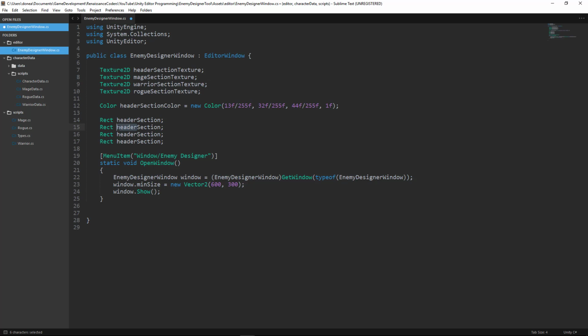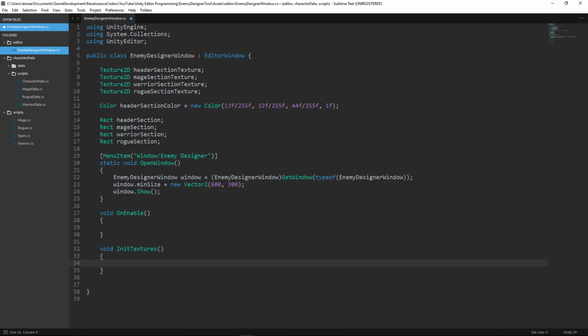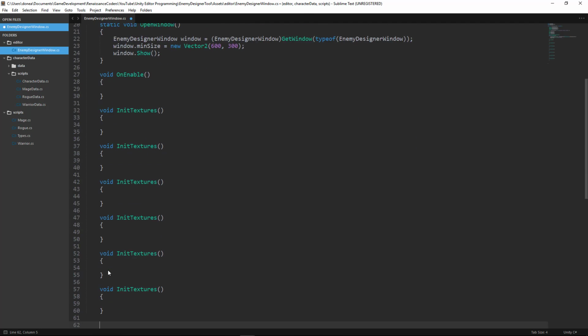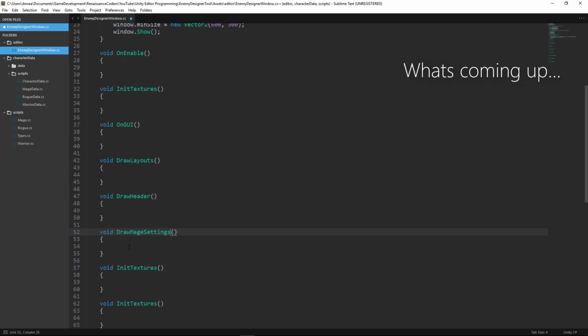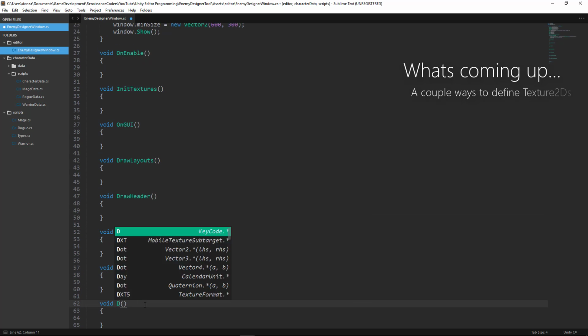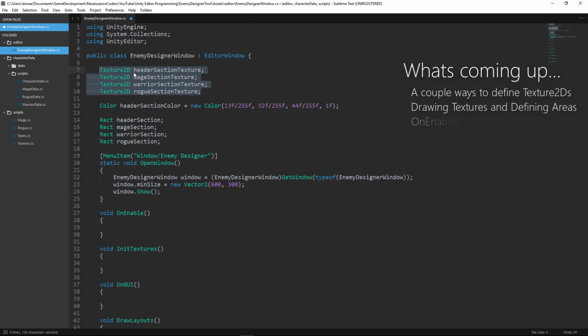So in this tutorial we're going to start defining the textures and layouts for the regions of our window. Right now it's just an empty window, but we're going to be fixing that in this tutorial. So we're going to be dealing with Texture2Ds, colors, the Rect class, and then we're going to be learning two different ways to define textures. We're going to learn about the functions GUI.DrawTexture and GUI.BeginArea, and then we're going to learn about the event functions